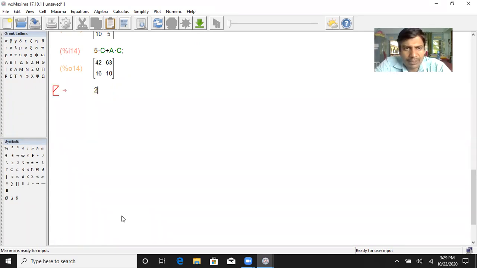You take any another one generally. That is 2A plus 3B. 2 star of A, 2A plus that is 3 star of B. Then semicolon, then shift enter. This is 2A plus 3B. You verify this one. First you multiply 2 to A matrix. Then after that 3 into B matrix. Theoretically, you write this one. After that 2A plus 3B. The final answer is that is 11, 31, 18, 25.